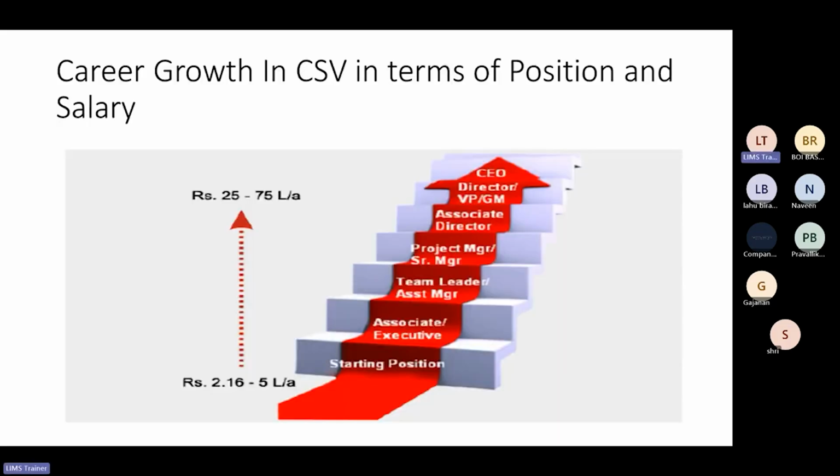Then we will see how career growth works. This example is given for the CSV course, but it is related to all types of courses. When you have knowledge about implementation roles, LIMS implementation, coordinator, like that, the roles are there, and you can utilize this knowledge. You can get a hike also, and new opportunities in the industry.